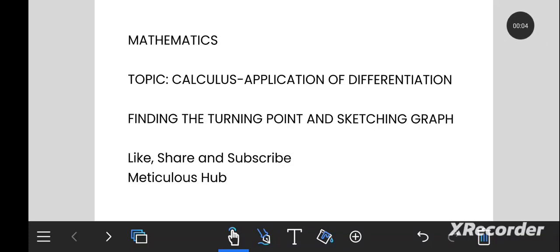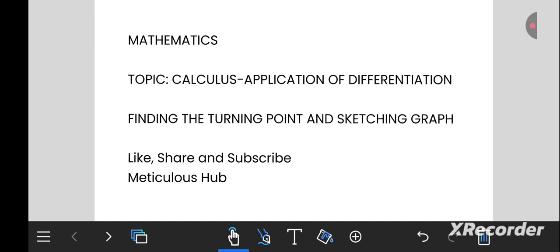In this tutorial, we're going to look at calculus, and our main focus will be on application of differentiation. We've looked at differentiating a certain function by first principle. We've looked at differentiation by chain rule, quotient rule. We also went further to look at how to differentiate a certain function using product rule. Above all, we also looked at differentiation of implicit functions, and now we are concluding this chapter by looking at